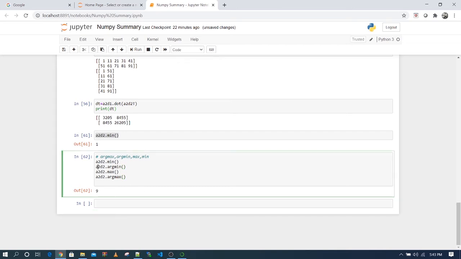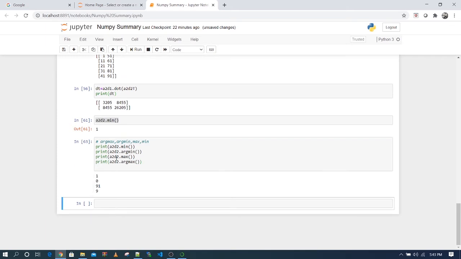Alright, so I have to print it like this. So you can see, the first 1 is my minimum element having index 0, and 91 is my maximum element having 9 as an index.